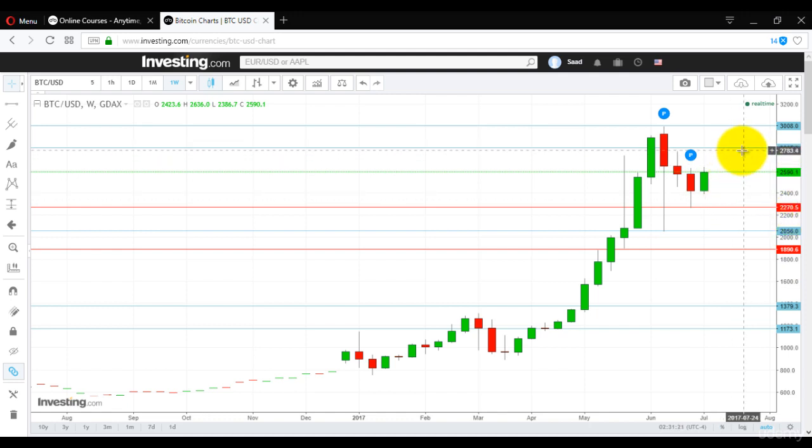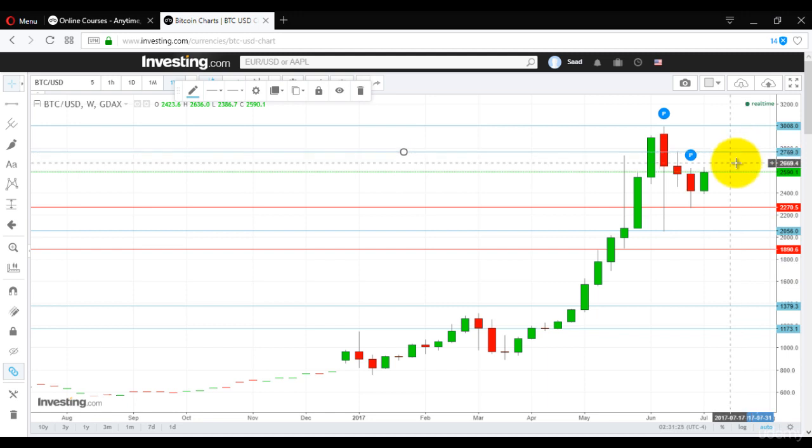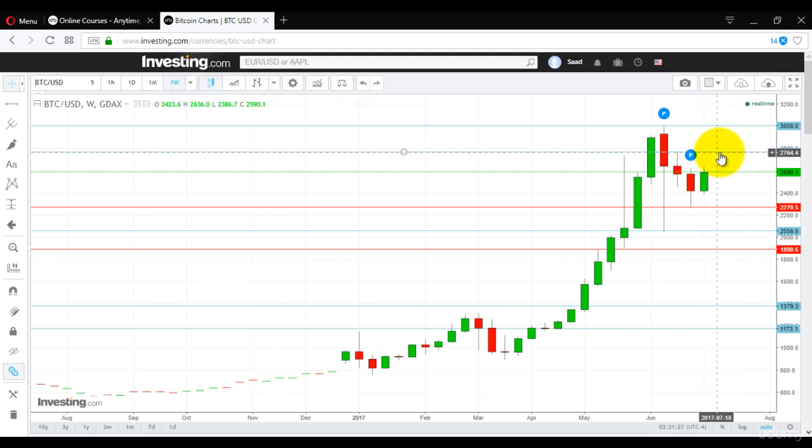Now let's consider highs. The first high level is this 2264. If it closes above it, you can see 3000 and then boom, it's going up, making newer highs. So the chance of making newer highs is far higher. If it closes above it, like in this zone of 2590 within this week, it is definitely going to touch